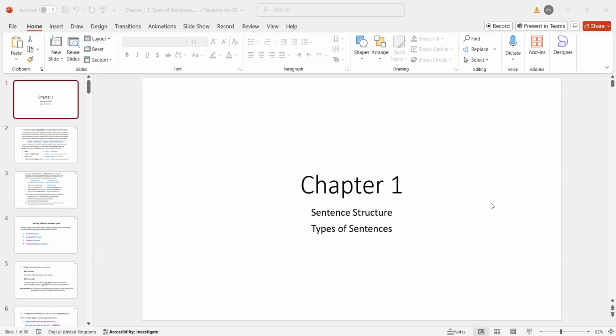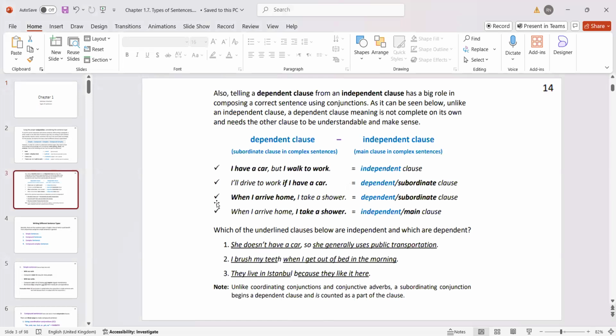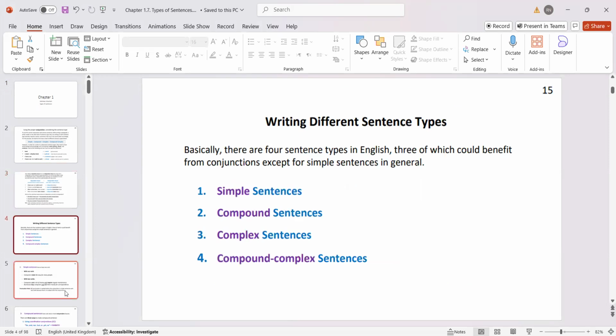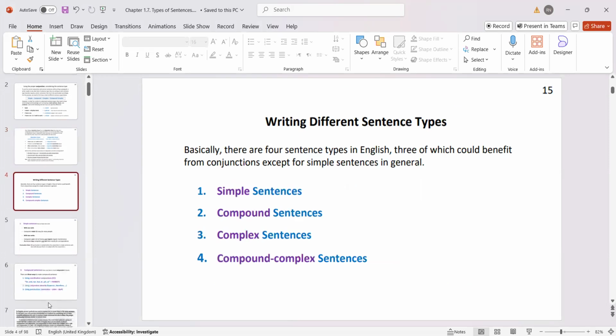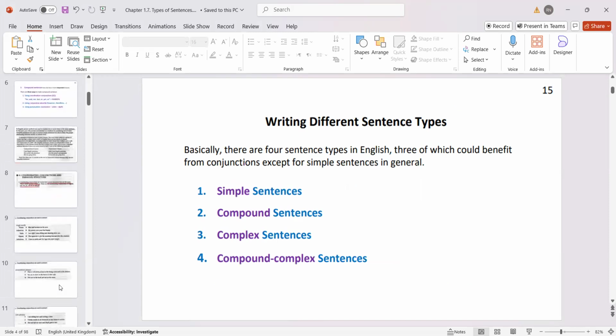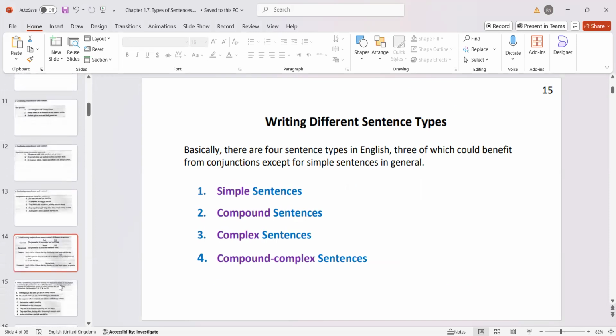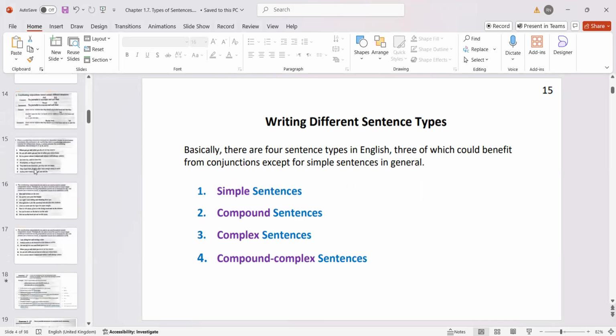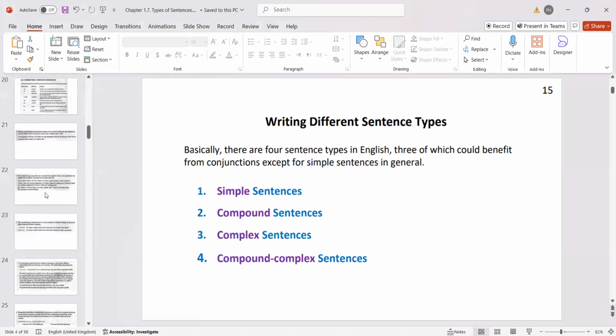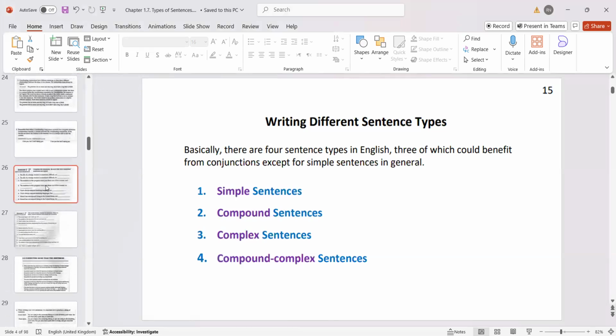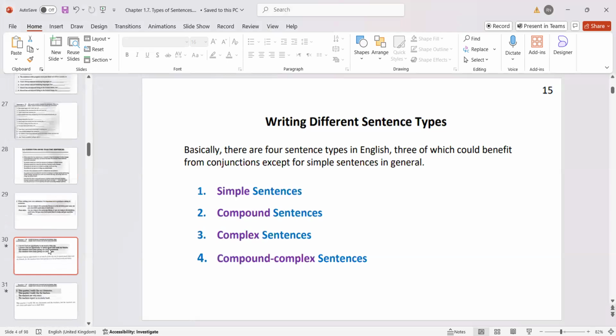Today in class, we talked about types of sentences. We said that there are four main types of sentences: simple sentences, compound sentences, complex sentences, and compound-complex sentences. And we talked about coordinating conjunctions, which are known as fanboys,